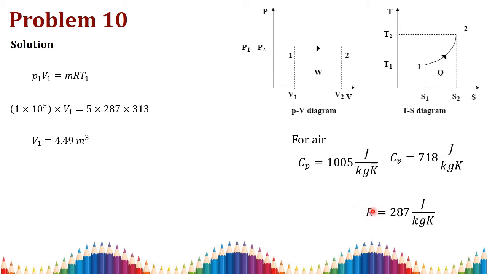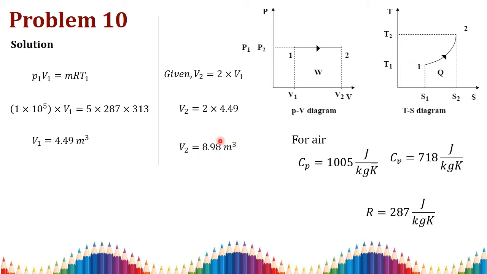Then your characteristic gas constant R is 287 joule per kilogram Kelvin. I am substituting the constant values here and the temperature, then you will get your initial volume V1. Then we need to find V2. Since the condition is given in the question, when the air is heated, the initial volume is doubled. So the condition is V2 is 2 into V1. As we have found V1 here, substitute these values to get V2.